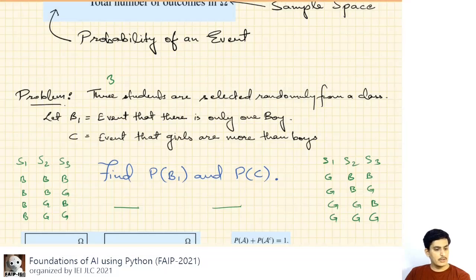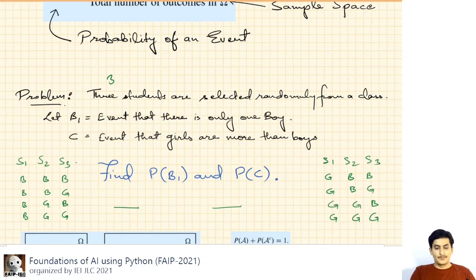Great. So I think everyone is trying to attempt it. That means everyone is clear about what the question is trying to ask. Completely fine. So let's check what is the right answer for this. What I have done is written out all the possibilities that could be there for these three students,